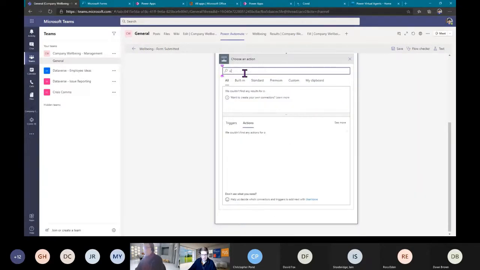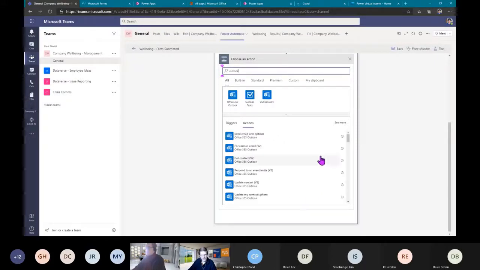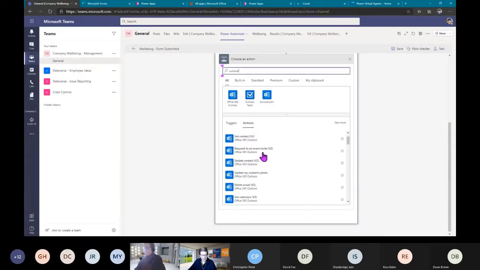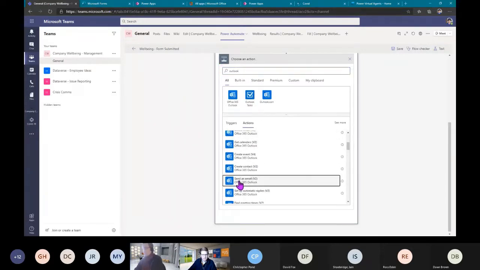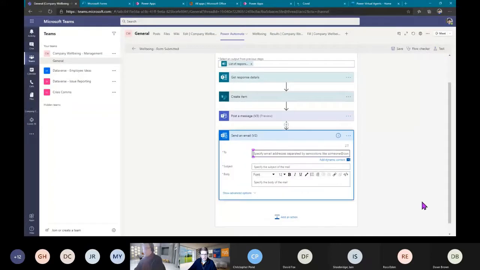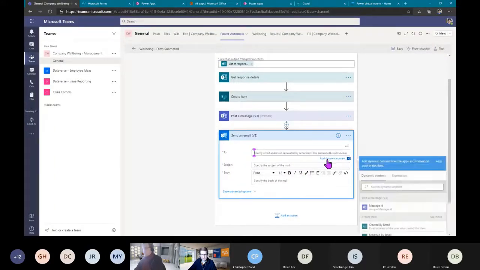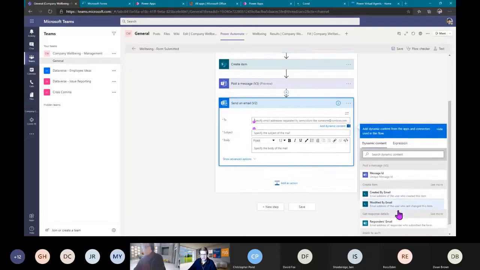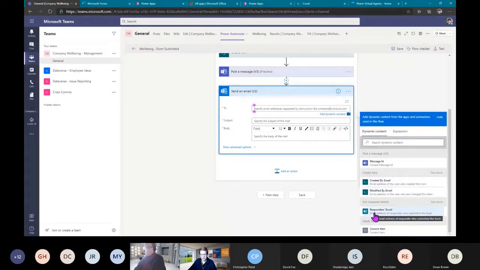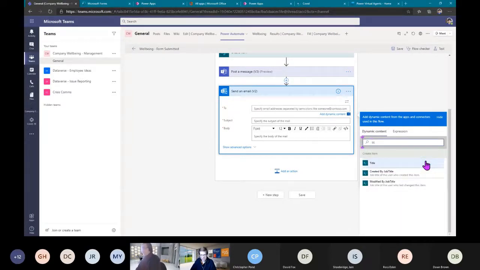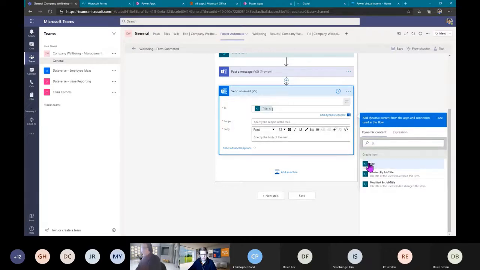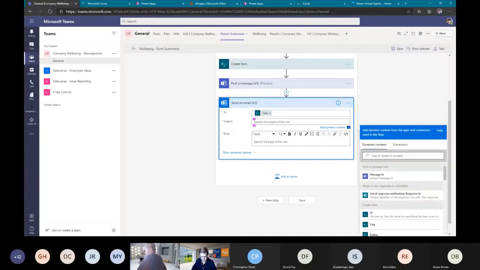So if I said, where is it? Let's do the email. If I said send email, so let's do send email. So what it'll do, I can put this in and add dynamic content, and then I can see, okay, so I've got the responder's email, so I might want to put that in. I might want to put a message in. I might want to put a title in, so I can put the title from the list item. I can put the subject in there, so that might be